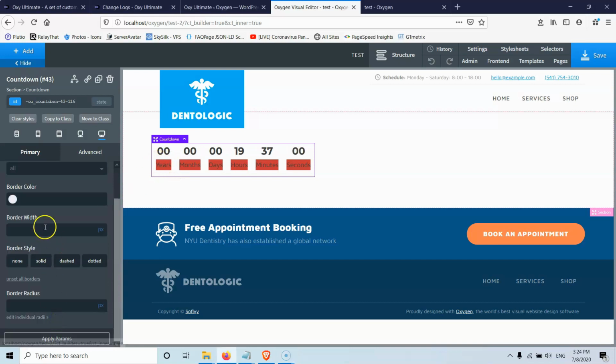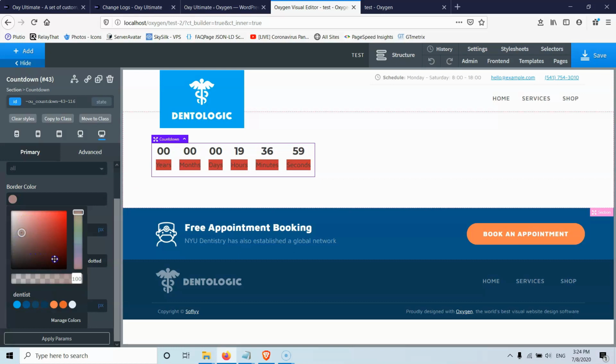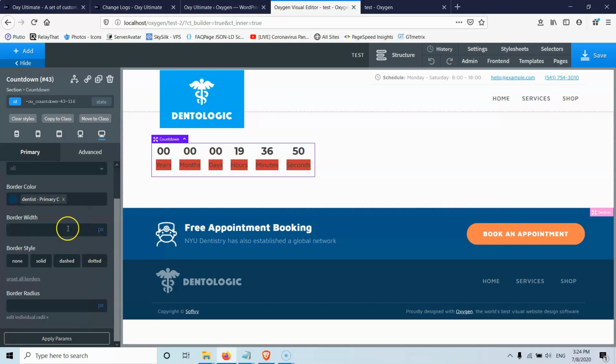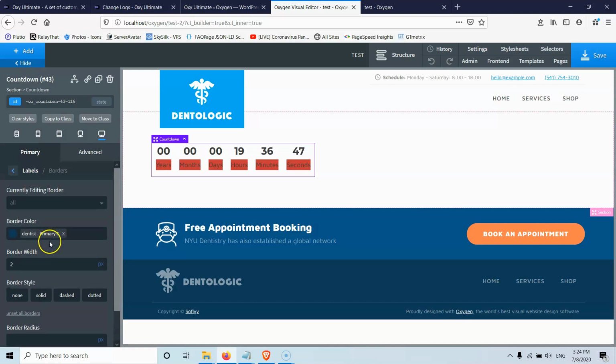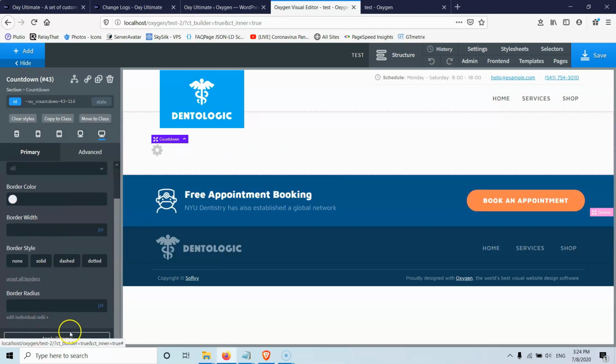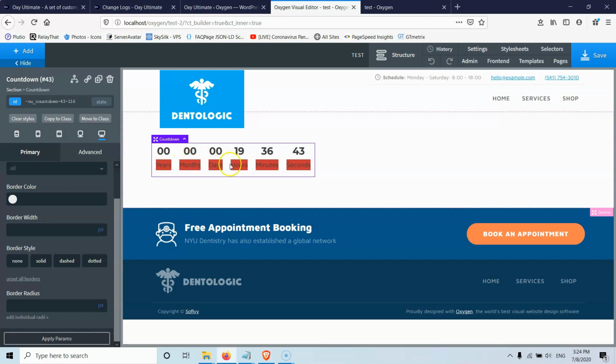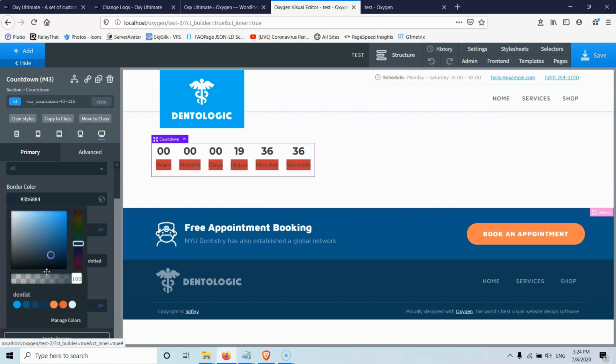So let's go again to borders, and let's go for something else, something like that. Okay, and let's go for 2 pixels, and you have to click apply or else it will not make the changes. And it didn't take the changes. Okay, I don't know why. Let's go and put something like that again.